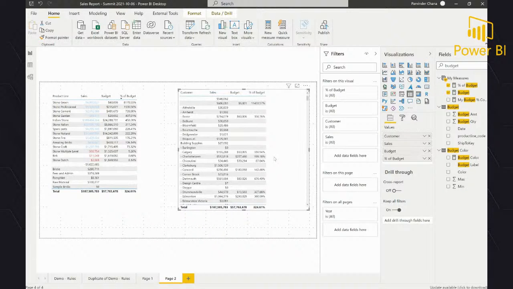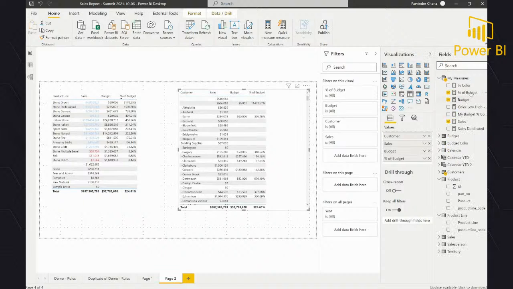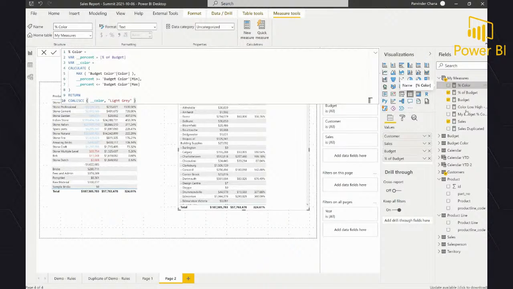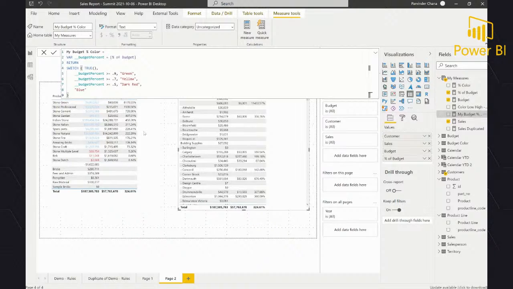So this is where my best practice, which I always follow, comes in: create a measure which defines the rules, and then use that for our color. I already have a measure, just to save our time. I think I called it budget color. What I'm saying here is, whatever the percentage of budget is, and that's the measure we know, if it's above 90%, then green. If it is above 70%, yellow. If it is above 50%, dark red, otherwise blue, right? You can also give a hex code here as well.